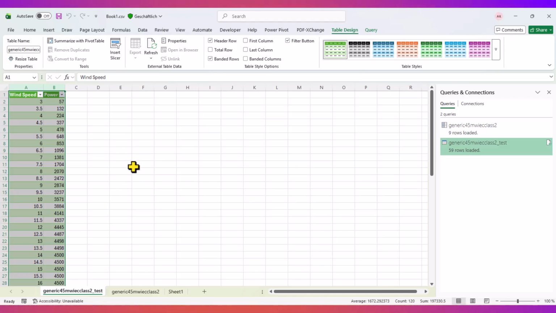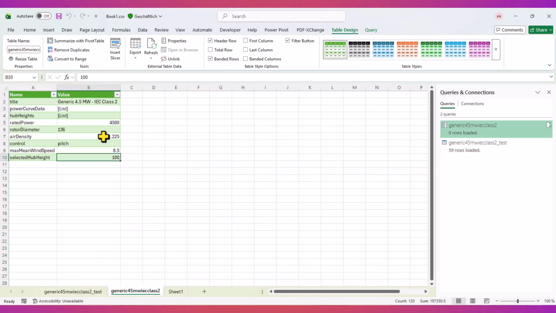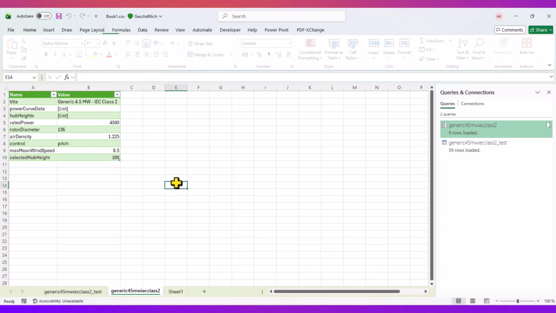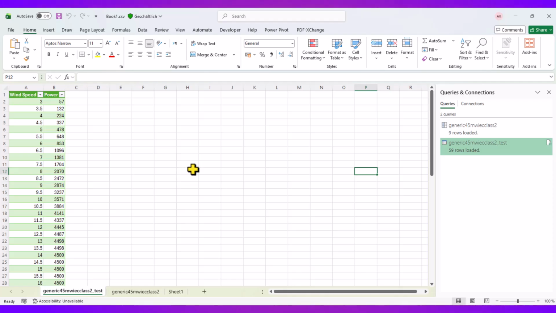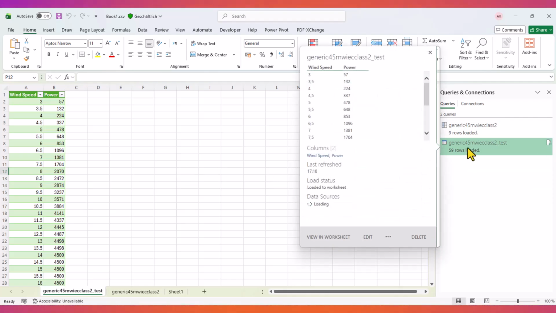But for the test, I have imported the power curve, the standard power curve from the test query, which is the purpose of this exercise, to import the JSON file